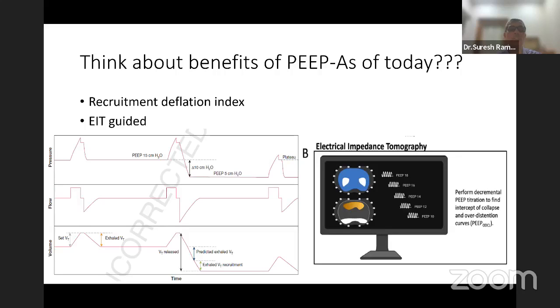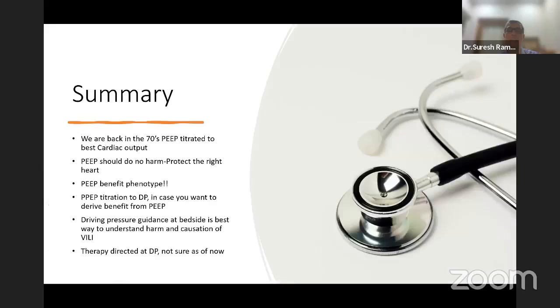So as of today, I would still say set the PEEP initially in ARDS as per the guidelines of the ARDS network trial or the Gattinoni method. Look at whether your PEEP is doing harm to the cardiac output, tissue hypoperfusion, or the right ventricle. If not, then use the driving pressure with a decremental trial after increasing the PEEP from the baseline by 10, then stepping down and looking at what is happening to the driving pressure, finding the best PEEP wherein you have the best inflated lungs, and then stopping and letting the lung rest might be the best way.